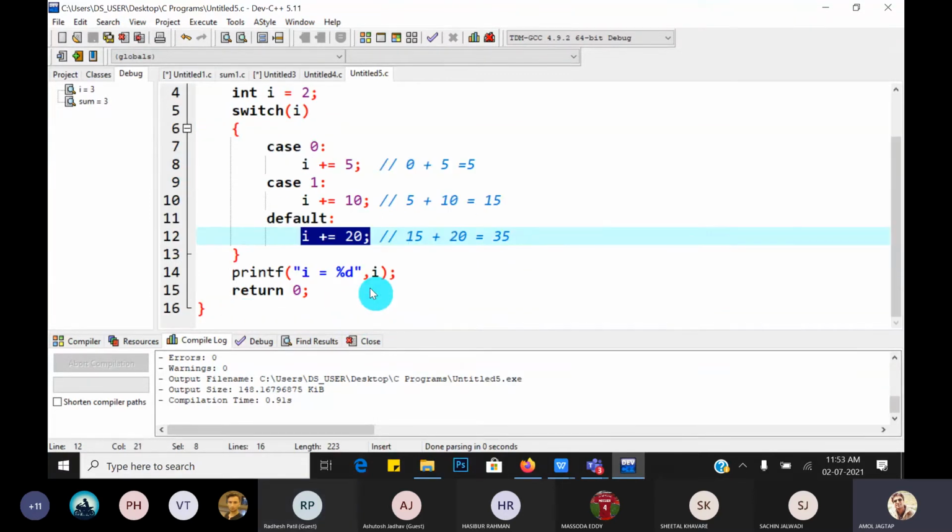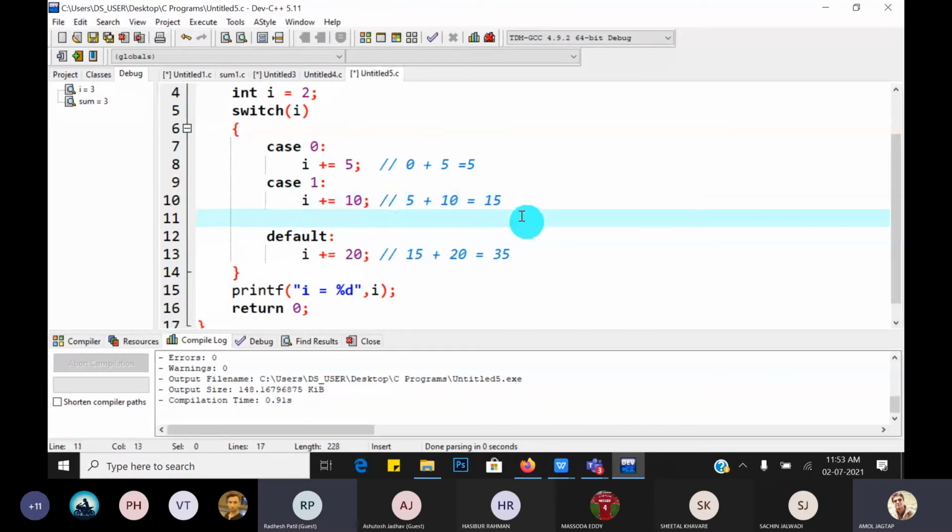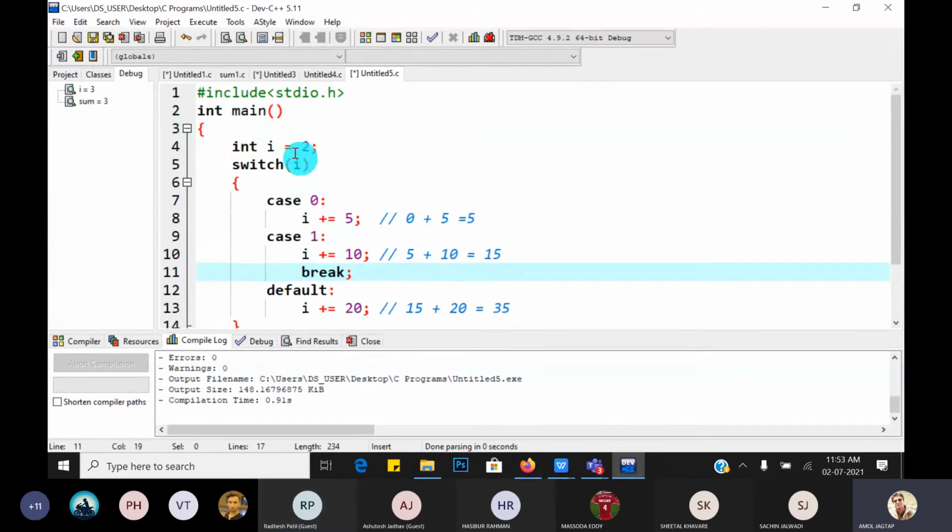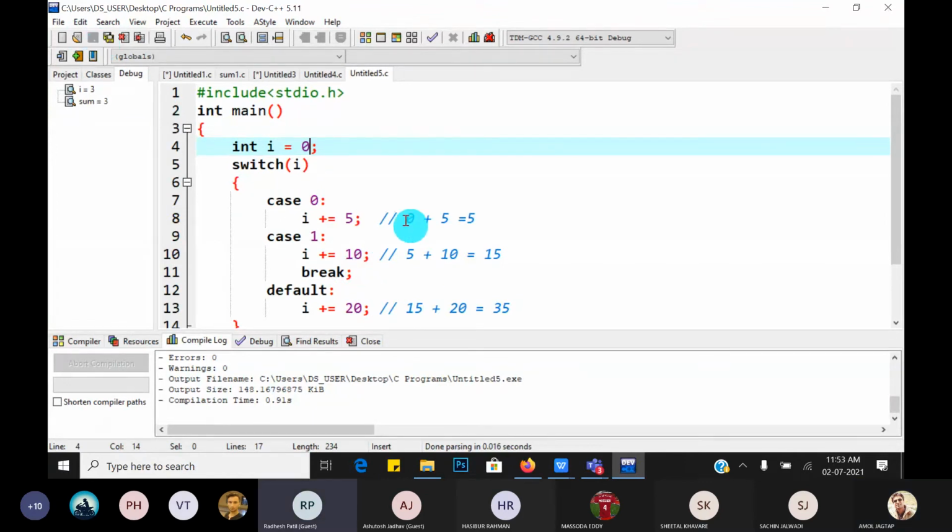Guys, hope you understand all this. If I put a break here, just for your understanding, and the initial value of I is 0, tell me what is the output of this program. 15, sir.